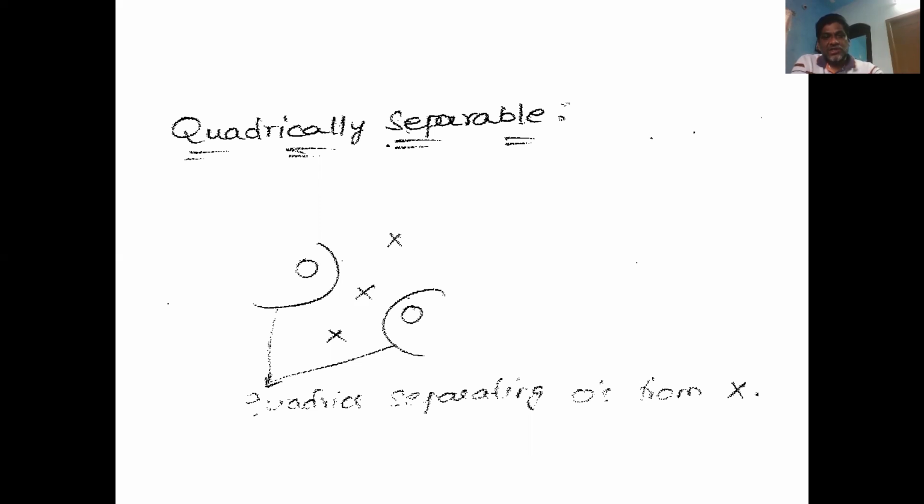Okay, so these two form quadrics. Two quadrics were used here to separate the output patterns O's from the output patterns X's. Okay, so it will be used when the input space is more complex. Okay. So these are the possible separable dichotomies we can use in our